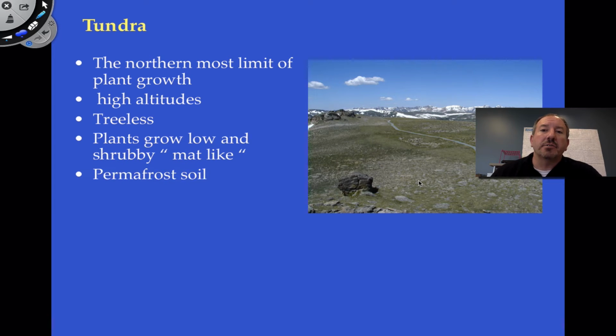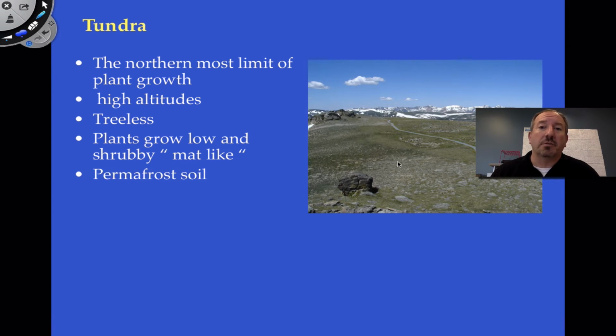Another characteristic of the tundra is that even in the summertime and in the spring, the ground is permanently frozen. In the wintertime, you could have snow all over the ground, but the soil is frozen. So a tree would have a very, very difficult time growing because a tree needs a pretty deep root system in order to get the nutrients and water for such a large plant to be able to grow.